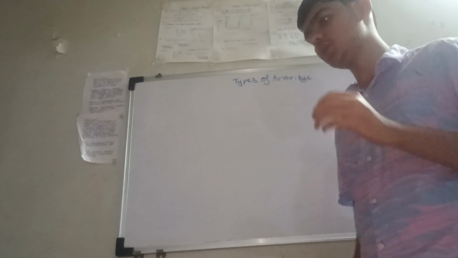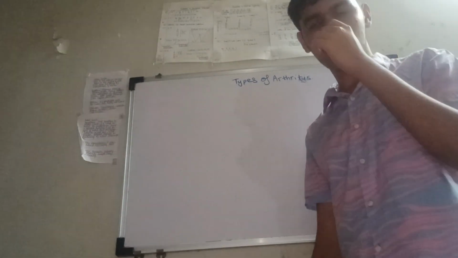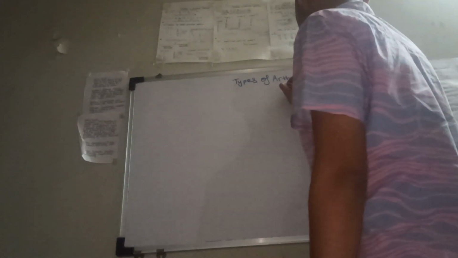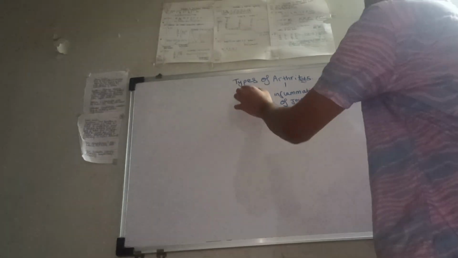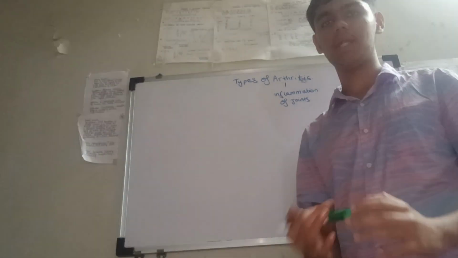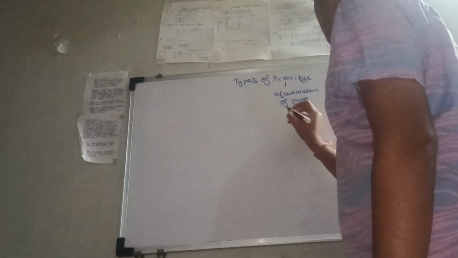So you may be noticing which are the types of arthritis and what is arthritis. So arthritis is the inflammation of joints. So arthritis is the inflammation of joints. So now there are three types of arthritis which we will be studying. So these are,